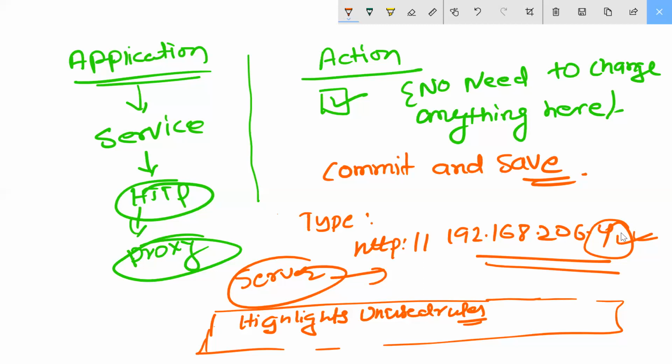It says, is this site a trusted site? Yes, take it as trusted. That means you are reaching there, but it's not letting me go inside. The page cannot be displayed.